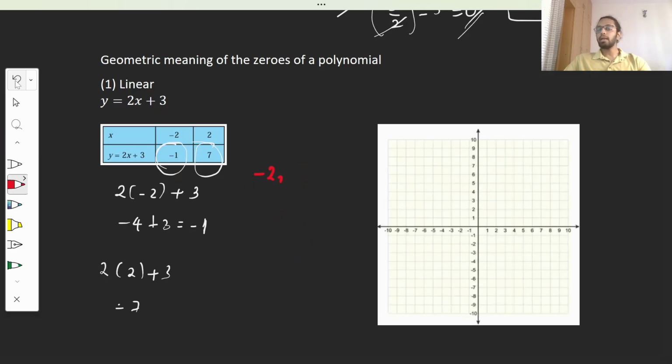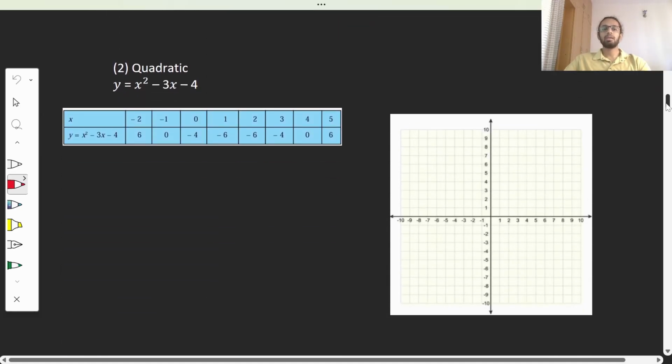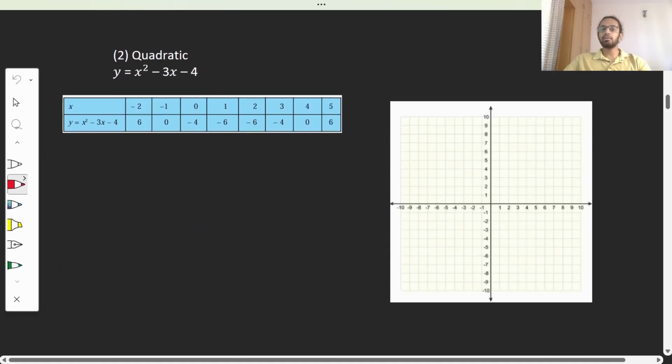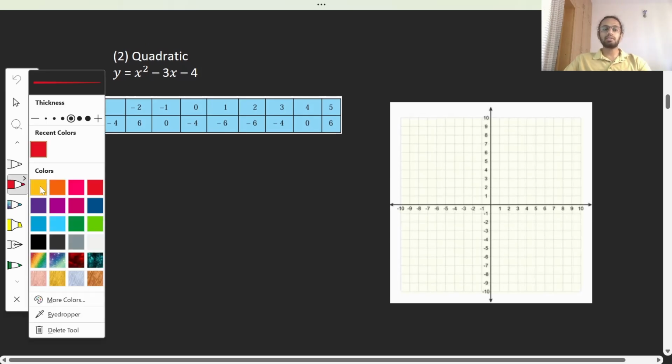Now, what about a quadratic polynomial? When I try to draw a quadratic polynomial, what will I get? That is something we'll be learning next. For example, we have taken x square minus 3x minus 4. So when we take this